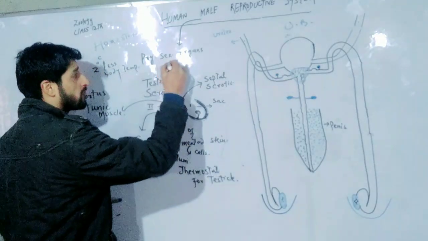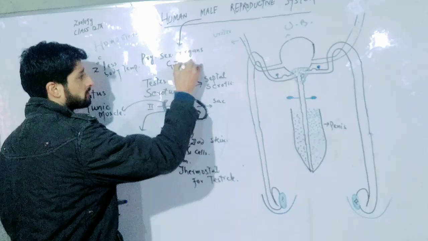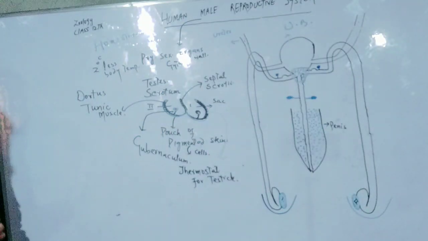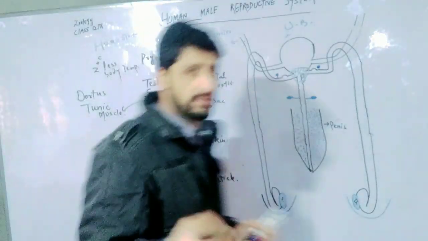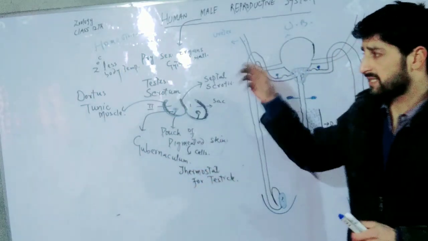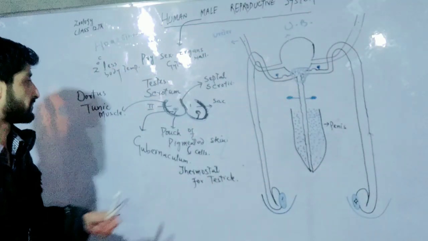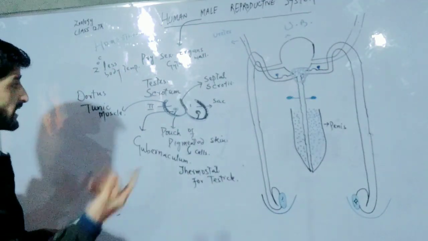This is written in your book Guyton and Hall, that testicles work better at basically 34 degrees Celsius, 2 degrees Celsius less than your body temperature, or 35 degrees Celsius. Now the next point is that